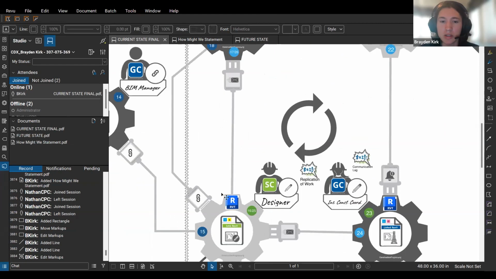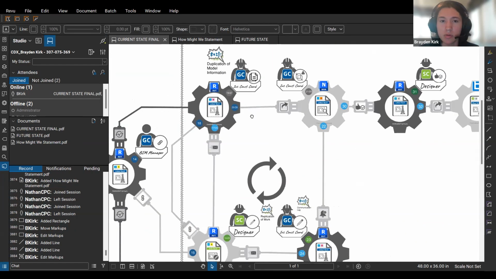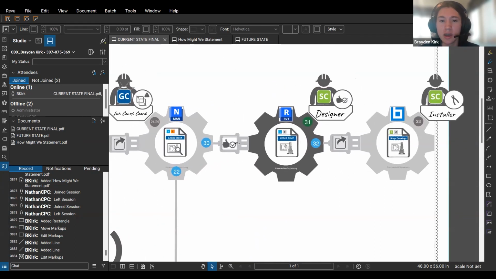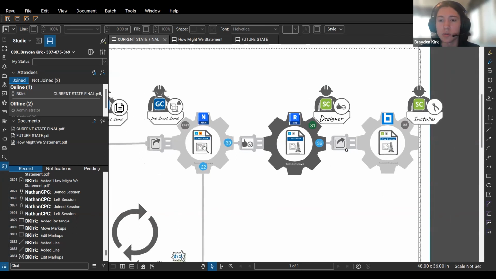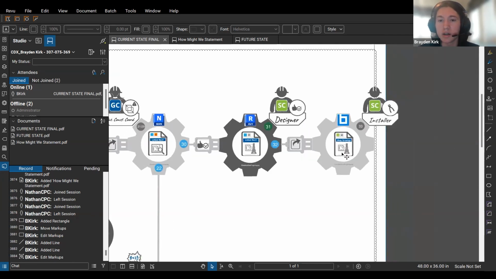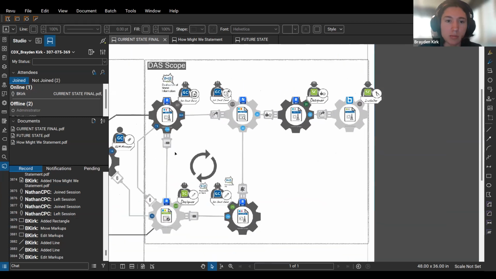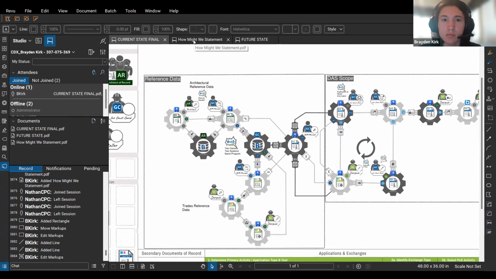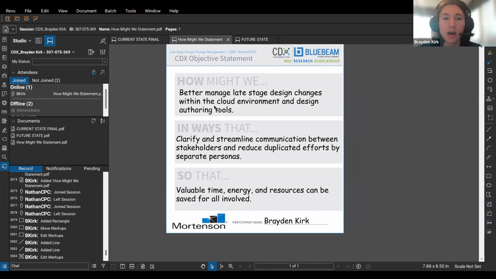But as you go up, Mortensen would double check, and then ask for approval by the designer and the architect, who would then approve, and it would go into shop drawings for install in the field of STAS units. So that's the current state and the pain points moving in, but going to the how might we